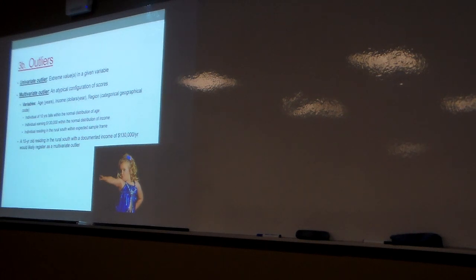All of a sudden, we've got 3 variables that fall within the reasonable distribution in and of themselves and are fine. When we put them all together, we've got a weird thing going on there, right? Something that's not going to be representative of our sample is going to start causing some problems. And so this is what we want to do: go through and start looking for combinations of variables that are strange and odd.